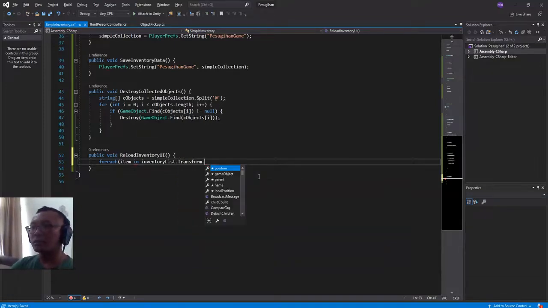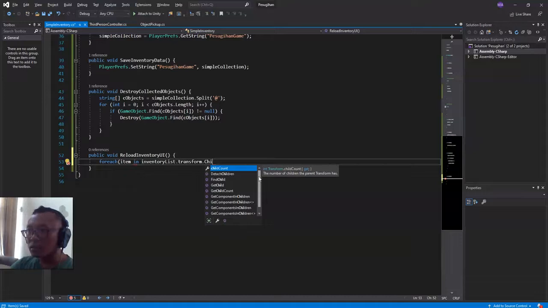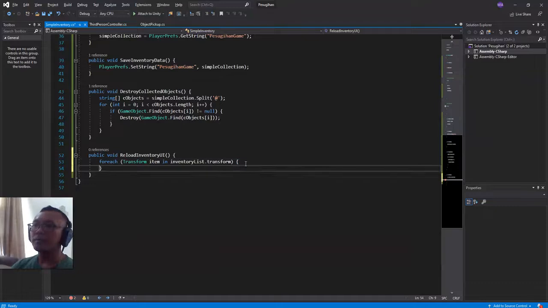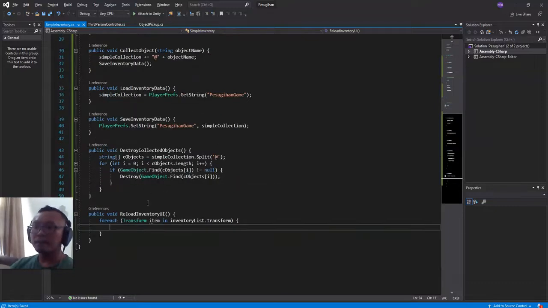Transform dot child dot what? Hang on. Okay, it is very wrong. The correct one is foreach transform item in inventory list dot transform. Okay, and then here